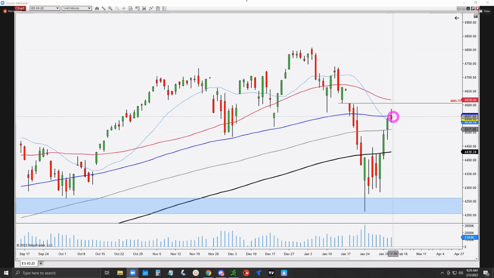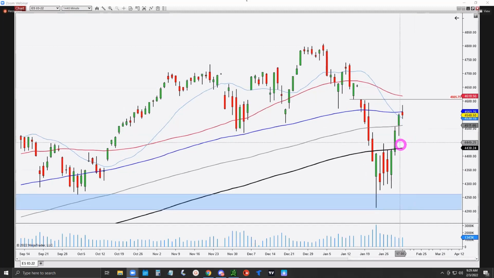So now, if we do stay below it, we could come right back down to this. So we could be in this yesterday's body. Okay, we could be trading right in that body today. And then tomorrow, we could be testing a little bit lower, and that would be the pullback. Possibly, we could even end up coming down this way because we are in a trading range, and this is way too bullish. So we need a pullback, and today could be that. So we'll see how it goes. So I'm a little bit bearish today.